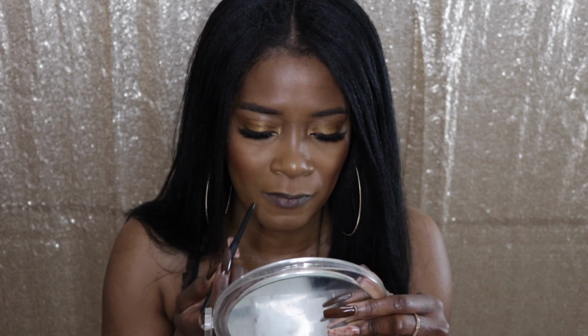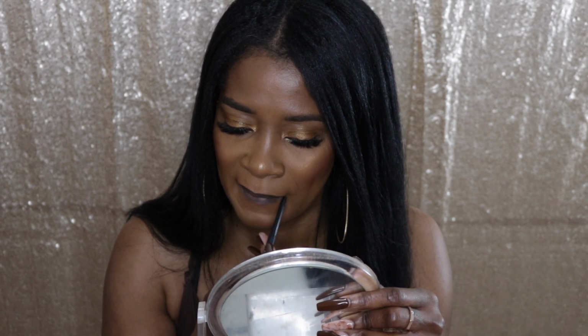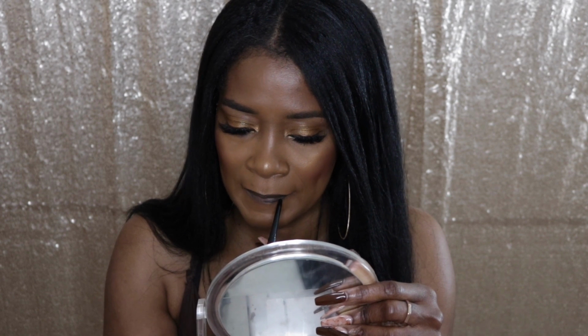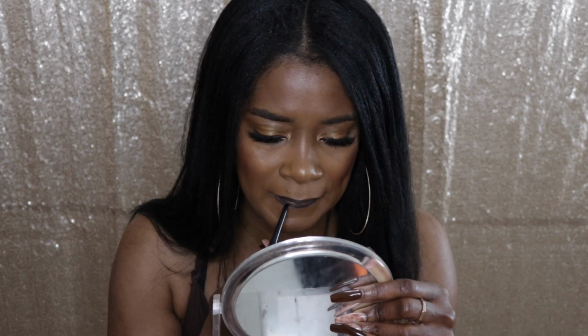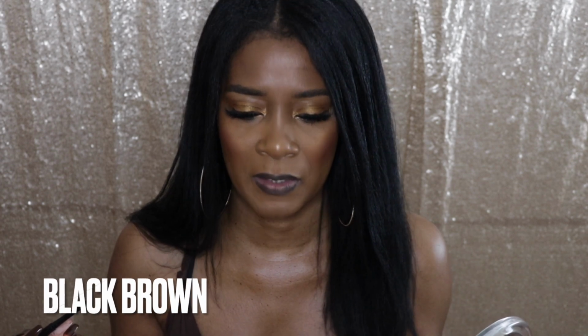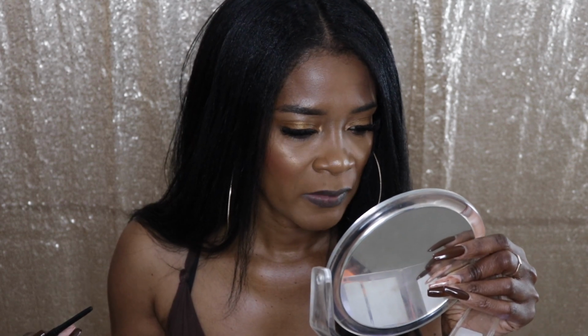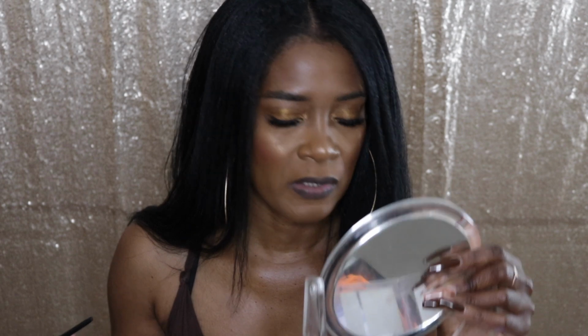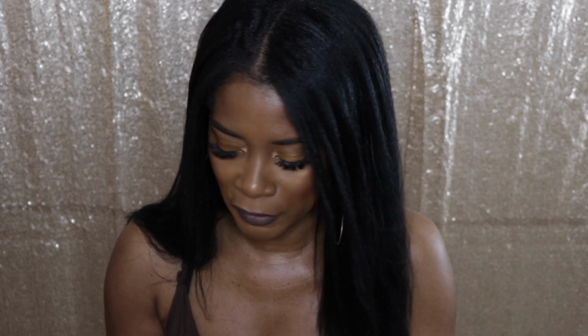Okay, so it's nice and creamy. Now that I'm putting it on my lips though, it's looking like it has like purple. I don't know. It's nice and creamy though. See that? Nice and dark. No, it's a proper, yeah, it's a deep chocolate brown. Deep chocolate brown. Okay, so I'm going to go in with the regular